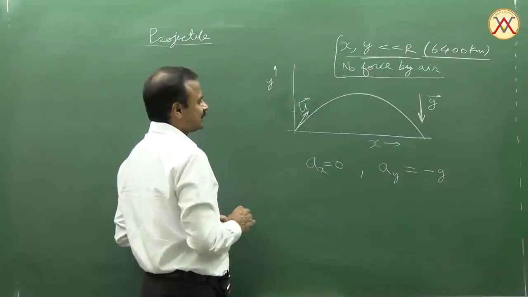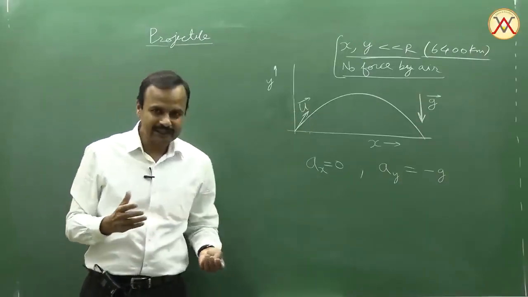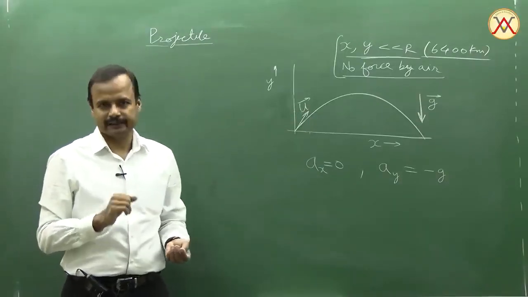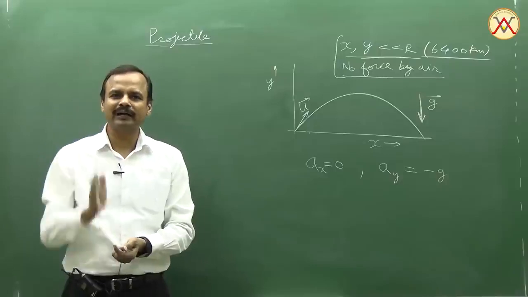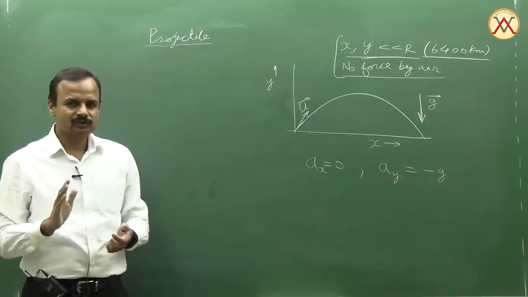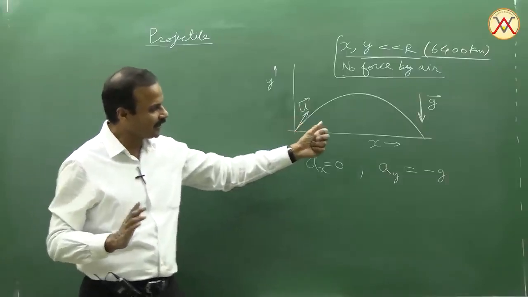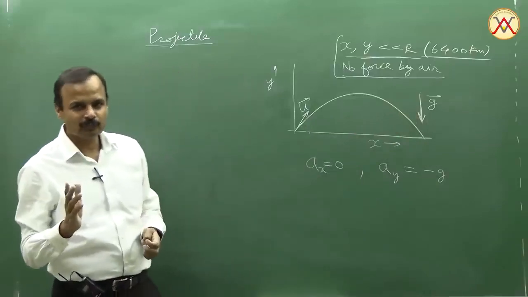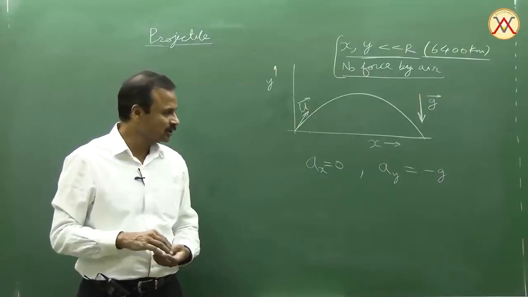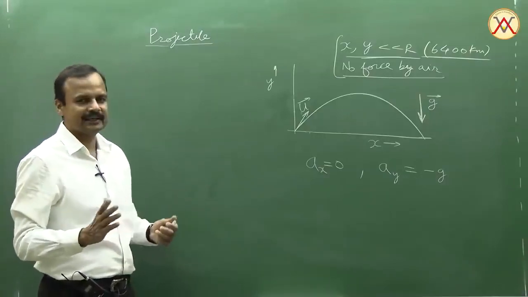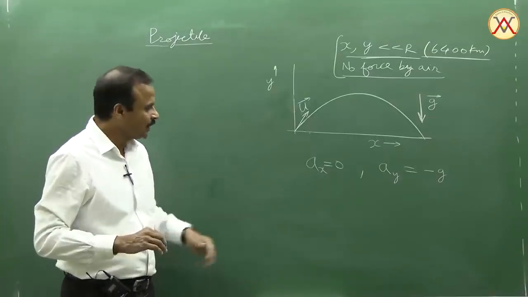What about the initial velocity vector? We should take the initial velocity in a direction that is not vertical, because if I throw the chalk vertically, it is a case of one-dimensional motion, which we have already done. So the angle between the initial velocity vector and the g vector should not be 0 or 180. If I throw the chalk downwards, again it's one-dimensional motion. So the angle between u and g has to be any angle other than 0 or 180 degrees.